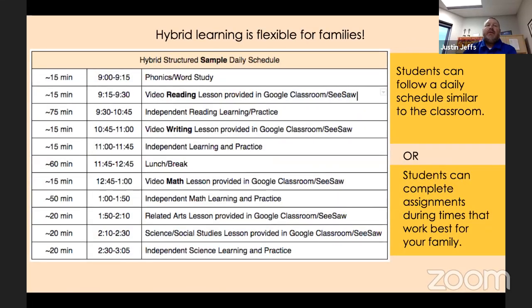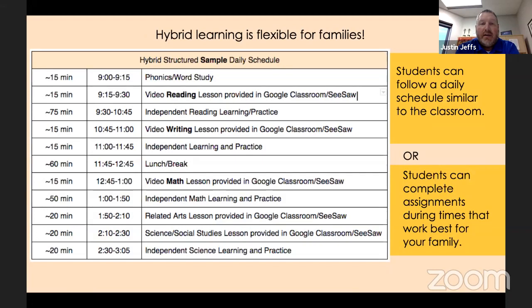All right, so this here is just a sample schedule of hybrid learning, and it is flexible. So if your child's at home, so if I'm a 1 and I come on Mondays, so my 2, 3, 4 days will be at home. If I'm a parent, and this is a first grade sample, this is what I could do if I'm able to support my child during the school day. This is just a sample schedule of what you could follow. We're going to be flexible, knowing that everybody's situation is different, meaning if you don't get to this work until 3 in the afternoon and start the schedule then, that's what it is, or 5 or what have you.